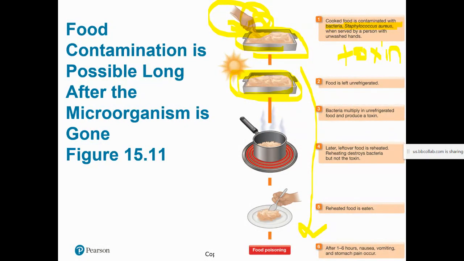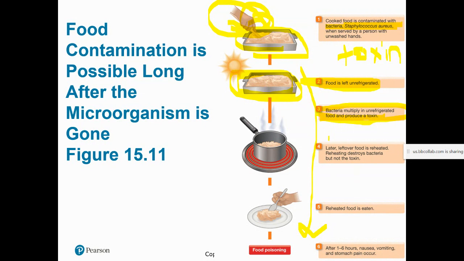And then the food gets left out. Probably it gets left out in the danger zone, right? It doesn't look like it was refrigerated, and doesn't look like it was being kept at over 140 degrees Fahrenheit. So then what happens is Staph aureus has now infected this food. The Staph aureus came from the hands. So now this food is in the danger zone temperature range, and Staph aureus says, ooh, this is perfect condition. It's moist, it's warm, I've got oxygen exposure, I can replicate. So Staph aureus replicates.